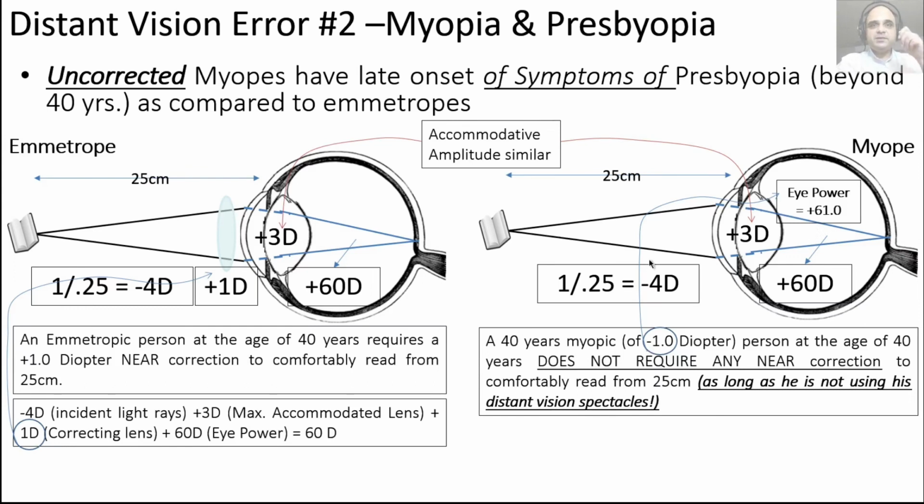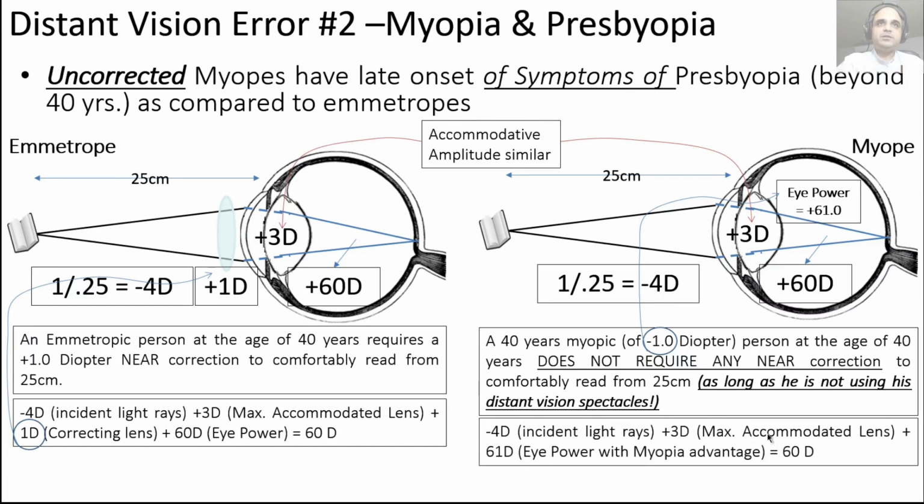But if this person is not wearing his or her glasses, uncorrected, the power of the eye would be 61, because we don't have that -1. And so 61 plus 3 is 64, and -4 plus 64 is going to be 60 again. So in the myopes case, -4 incident light ray plus 3 is